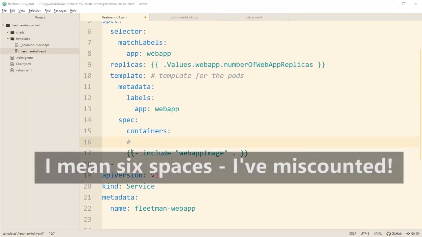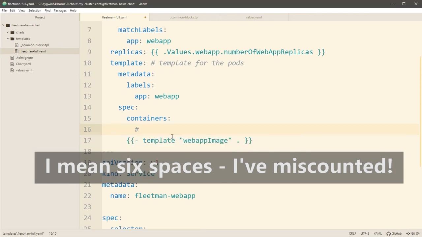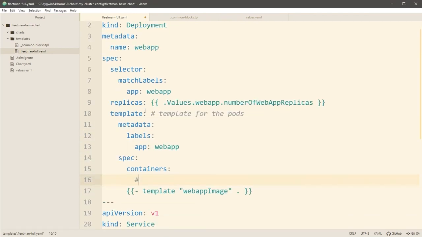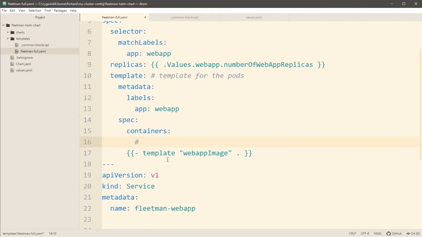Well, of course it is, because remember, I just cut and paste it out of here. But it works here. But remember, we're going to want to use this template all over the place in lots and lots of other parts of the YAML. And we have no way of knowing if 8 spaces is going to be the correct indentation in the rest of this file. It will absolutely depend on wherever it's being used.